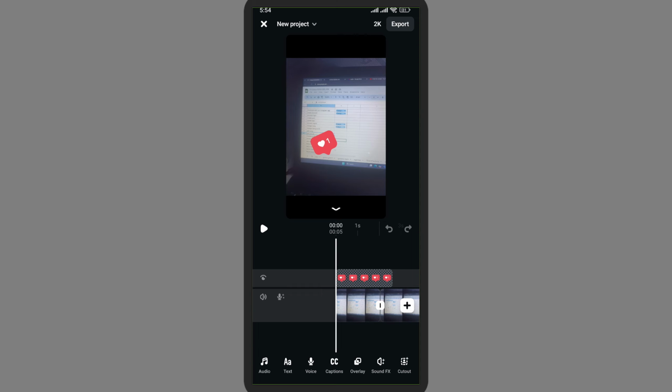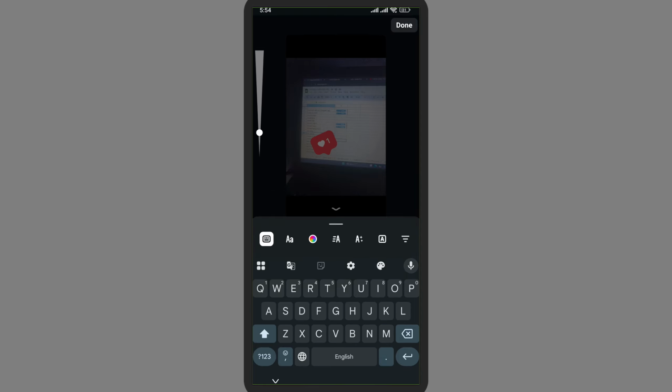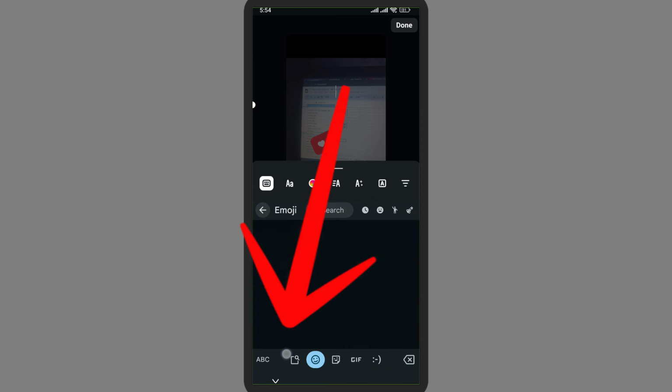Now in order to add emoji, it's very simple. Here on the bottom, there are different tools that are available. Now simply tap on this text button. So here you can see, you can add any type of text, but here you can even add emoji